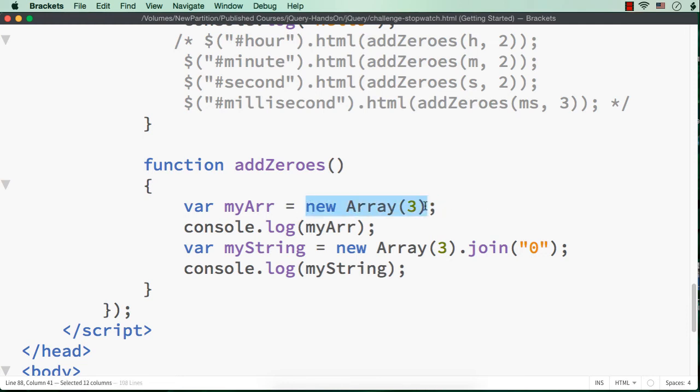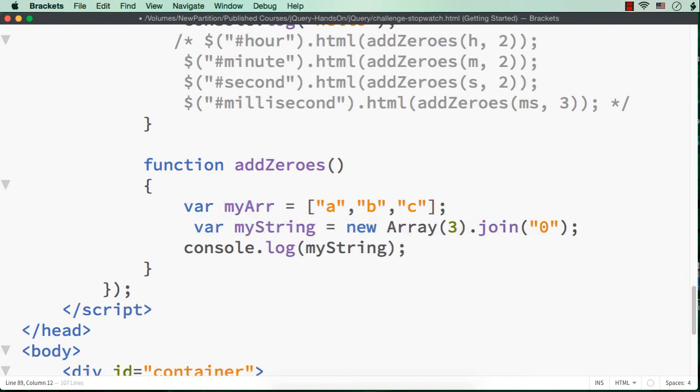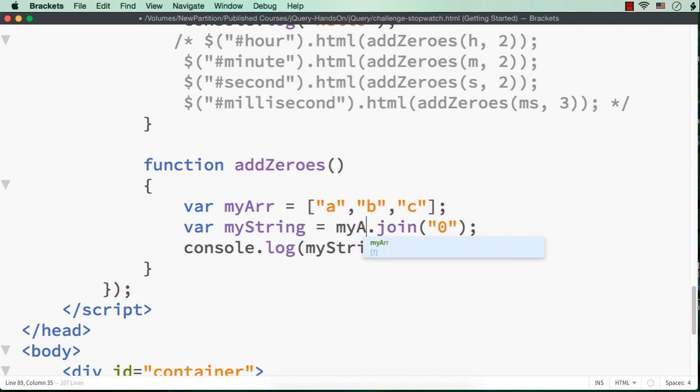Hope you understand. Suppose here for my array, if I specify A, B, C, which means that this is an array having 3 elements A, B and C. Suppose here if I specify my arr dot join 0, what will be the output? It will be like A0B0C. Let me show you.